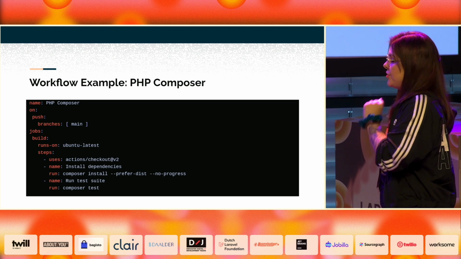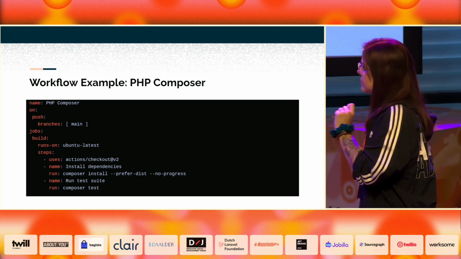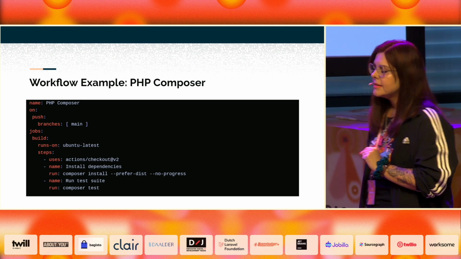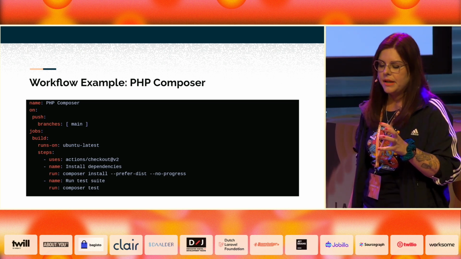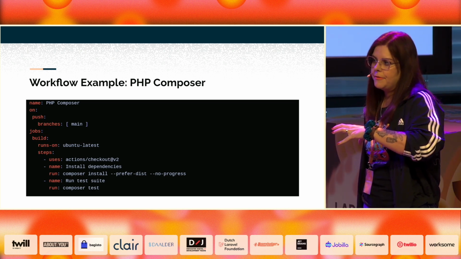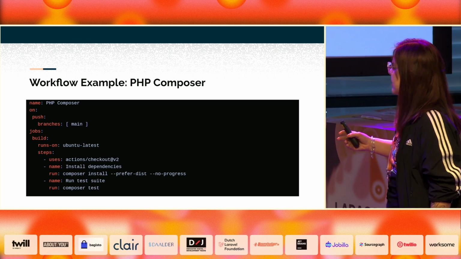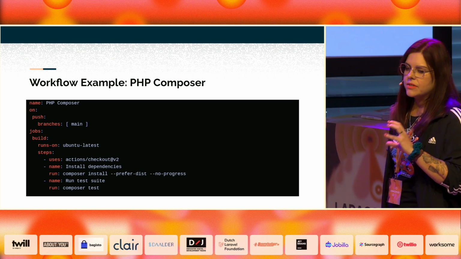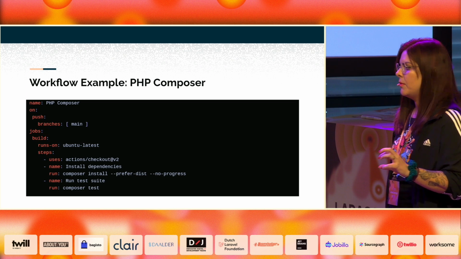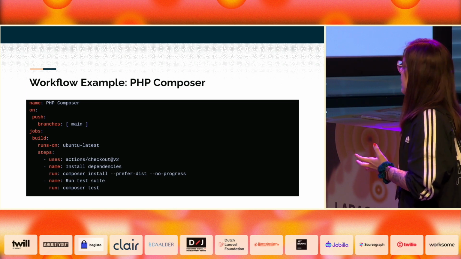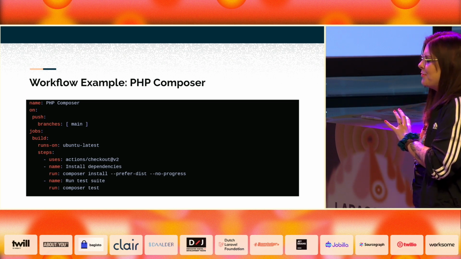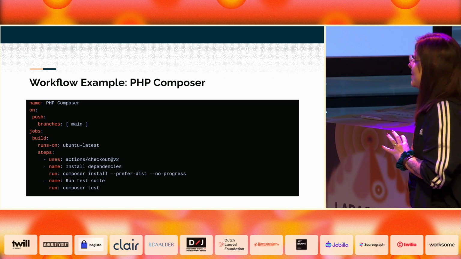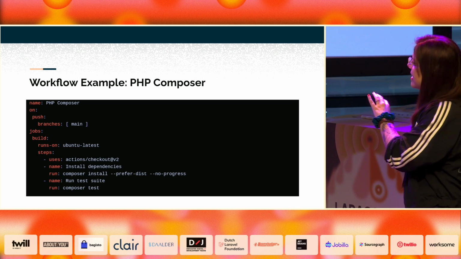And then we have the jobs. So it will use the Ubuntu latest runner. So this is something else. GitHub has a few different runners, and you can have actions that run on Windows-based and macOS to test different things. But for the most part, you're gonna use Ubuntu latest as your runner. And this has